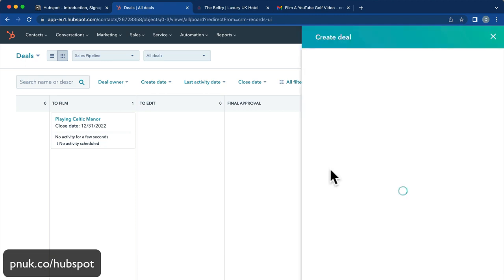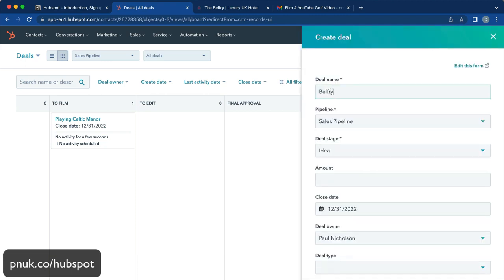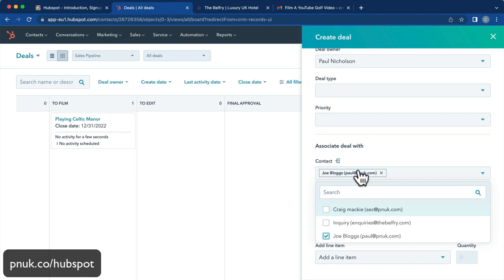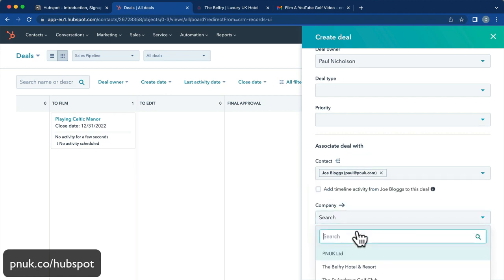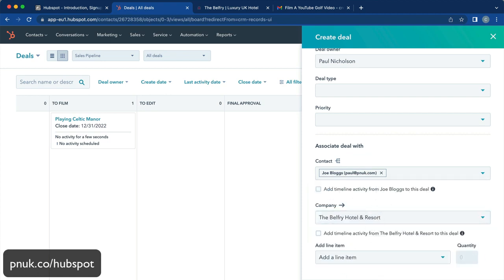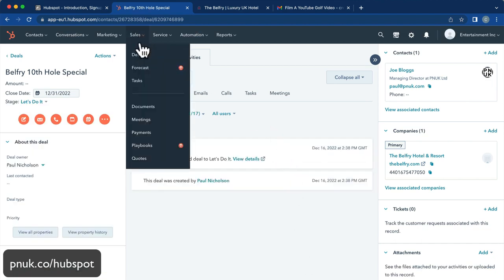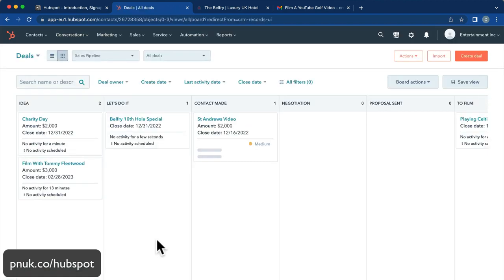Next one might be create a deal, Belfry, 10th hole, special. Pipeline idea, let's do it. Deal type, now the contact is Joe Blogs. Because we've already made contact, we know the Belfry Hotel is the company. And we can dive straight into another deal with them because we've worked with them before. So this is contact relationship